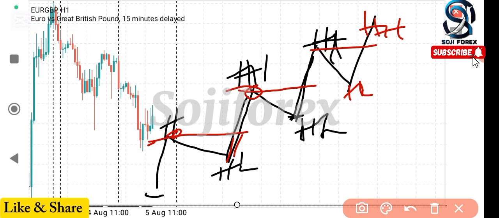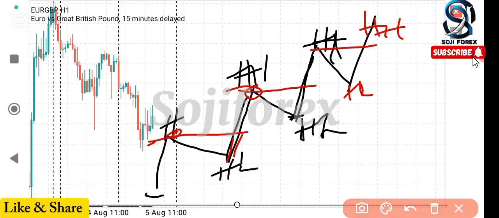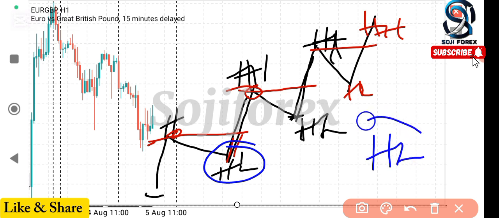And it will interest you to know that the most important structural point of an uptrend is the higher low. I repeat myself again. The most important structural point of an uptrend is the higher low. So why is the higher low the most important point of an uptrend? It is because price is permitted to create a new higher high, and